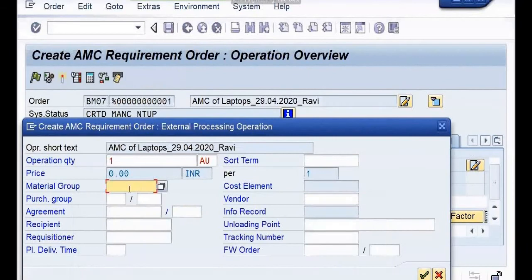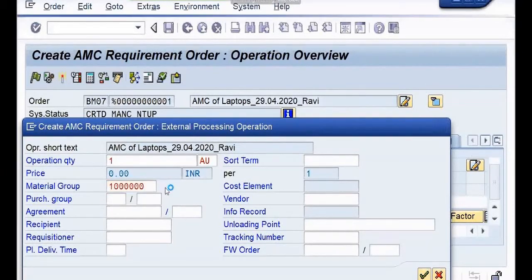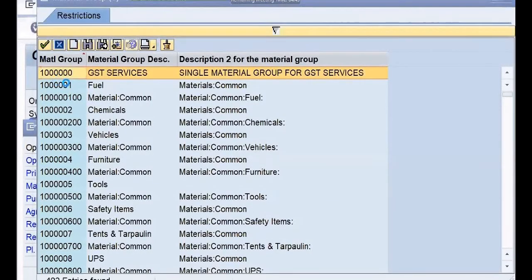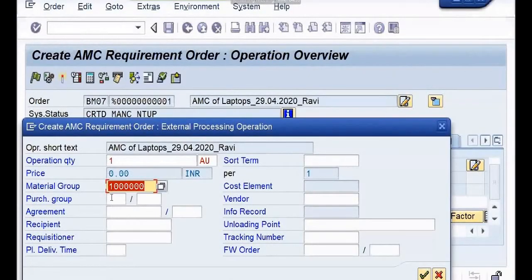Now, as usual, as we have done in our previous journeys, we have to maintain material group as 1 followed by 6 zeros. You can take the help. What is the significance of this? That is GST services, single material group for GST services. I will enter over here. Next to this is going to be purchasing group.